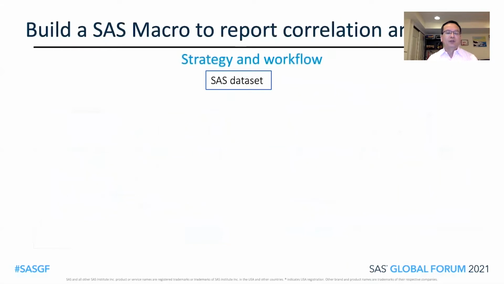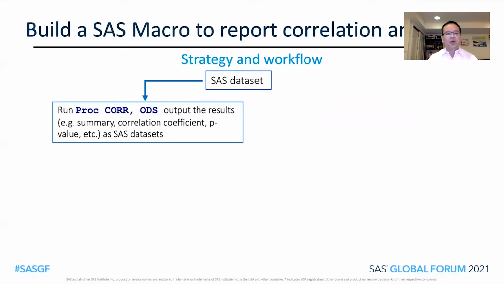So from there, I want to build a simple SAS macro. With minimum effort and a few parameters, you can get a nice table and figure in your report. So this is how I did it. From your SAS dataset, you run this proc, and then just use ODS output